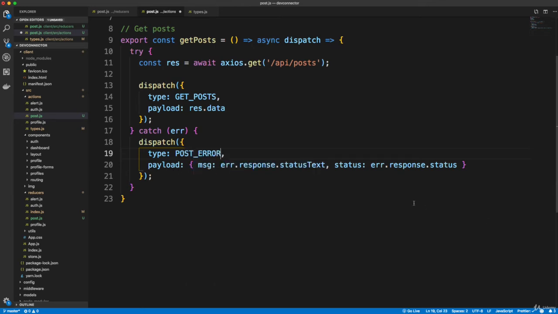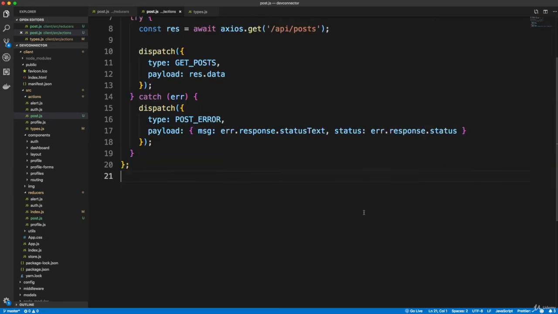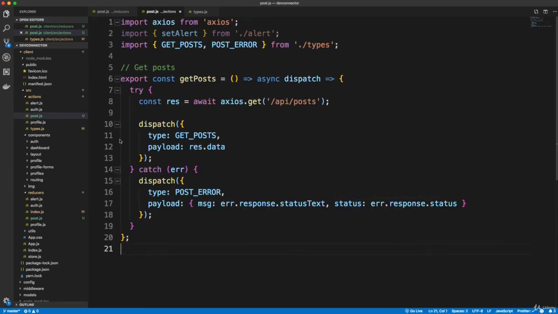And the payload is going to be the same thing. So we can get the status text, put it in a message, get the actual status code, and put that into status. Okay, so let's save that. And now let's create in our components